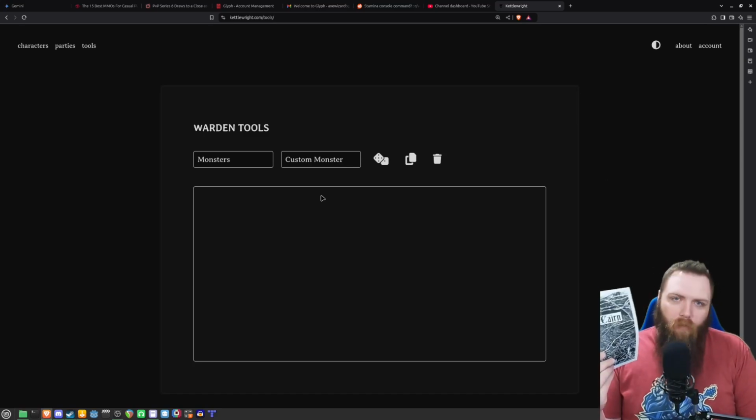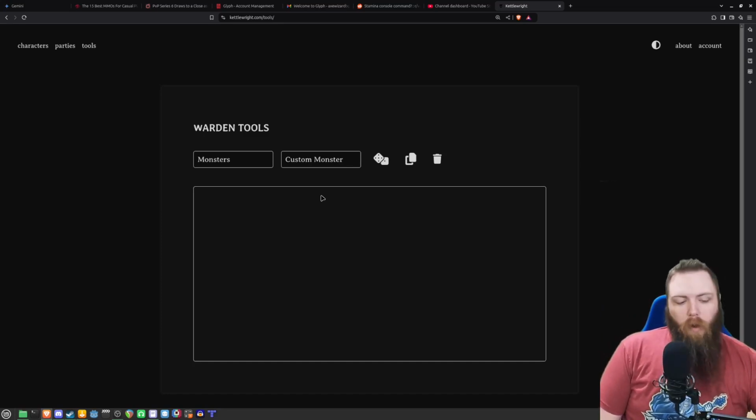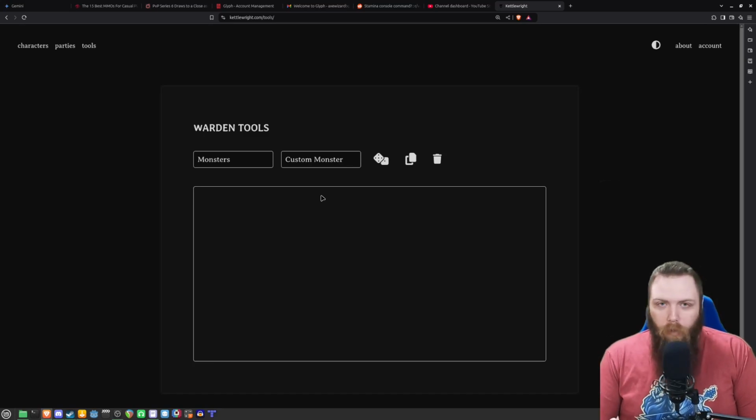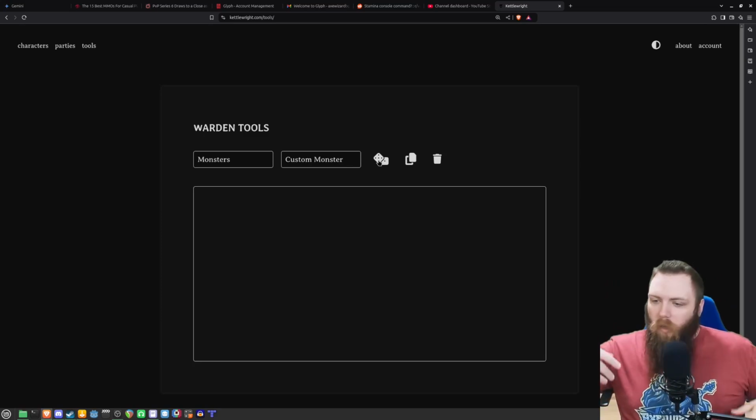We just did a quick 1st edition, so I just rolled 1st edition characters, because it was super quick and easy, and they were just kind of raring to go. And I was trying to figure out, well, what kind of monsters. So I rolled some custom monsters using the Warden's Guide, and it has a bunch of tables to basically pick the